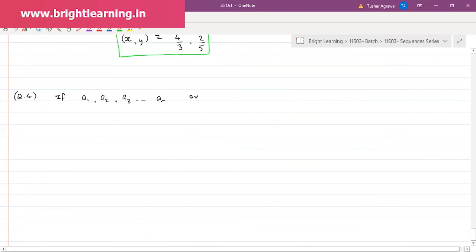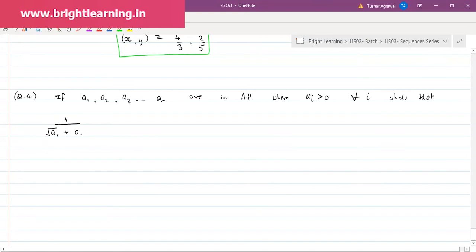If a1, a2, up to an are in AP, where ai is greater than 0 for all i, show that... this symbol is what? For all. Okay, in set theory I have told you the symbol there exists, for all. Show that 1 upon